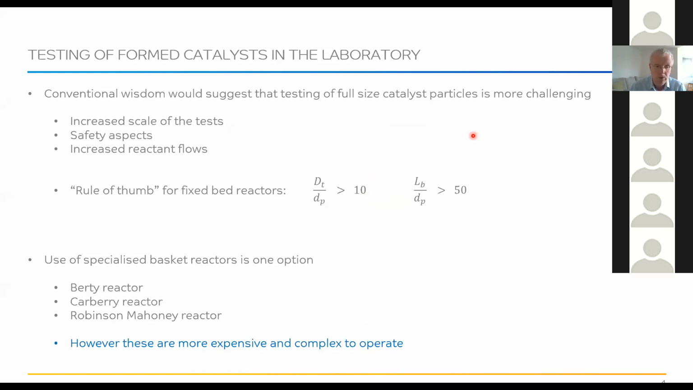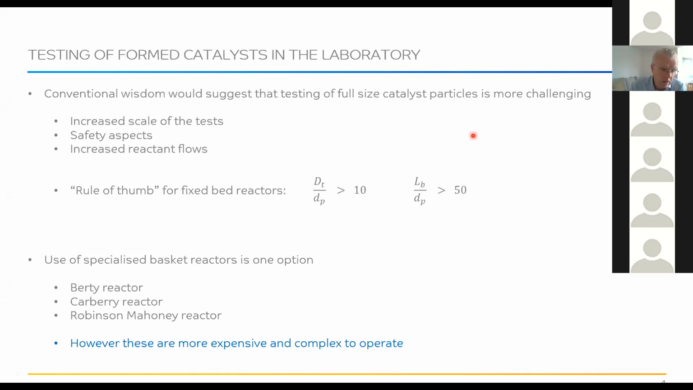Quite often people talk about a rule of thumb for fixed bed reactors, and they say that the ratio of the tube diameter to the particle diameter needs to be at least a factor of 10, and the length of the bed versus the particle diameter needs to be greater than 50. When you take these rules of thumb and test a full-size catalyst particle, that tends to imply much bigger reactors, longer reactors, larger diameter, which creates some problems in terms of how you do that test in the